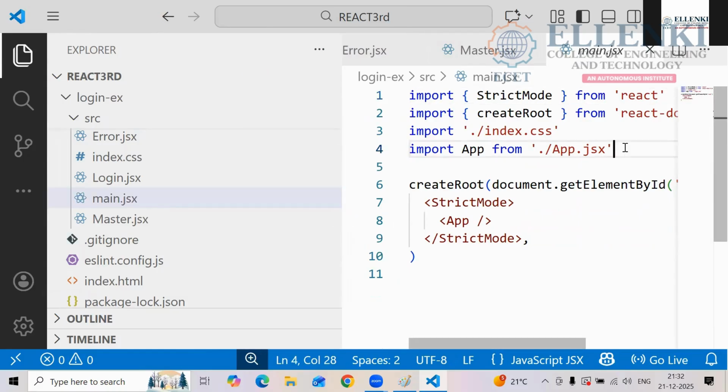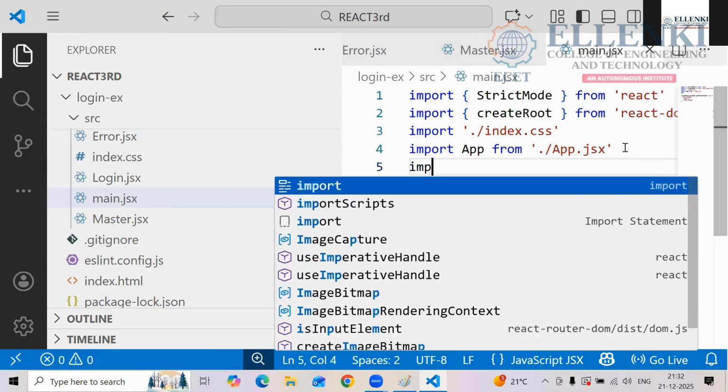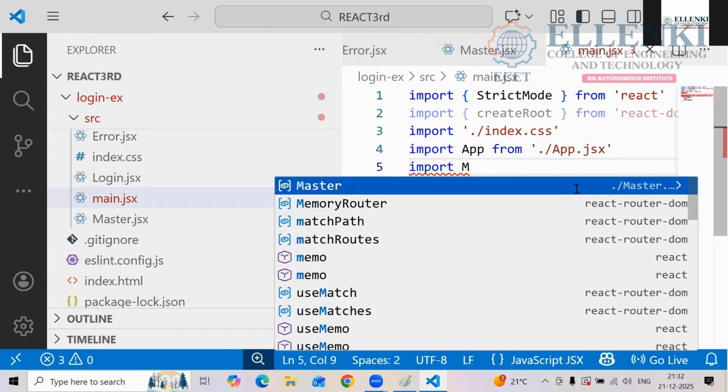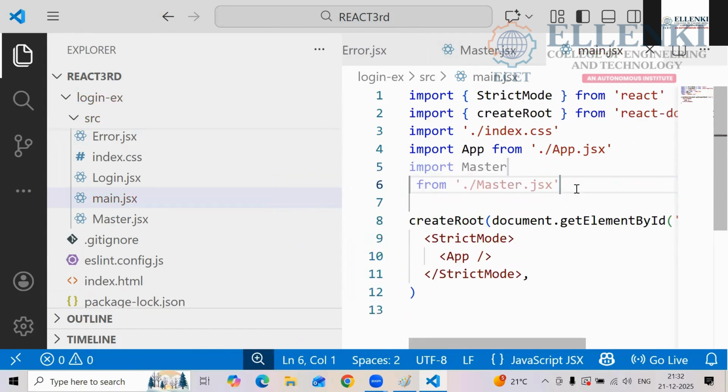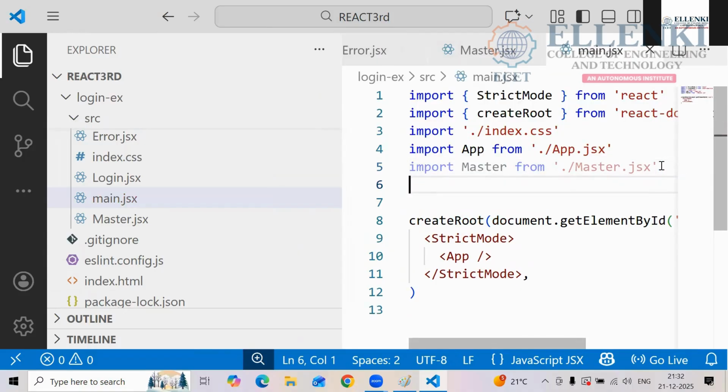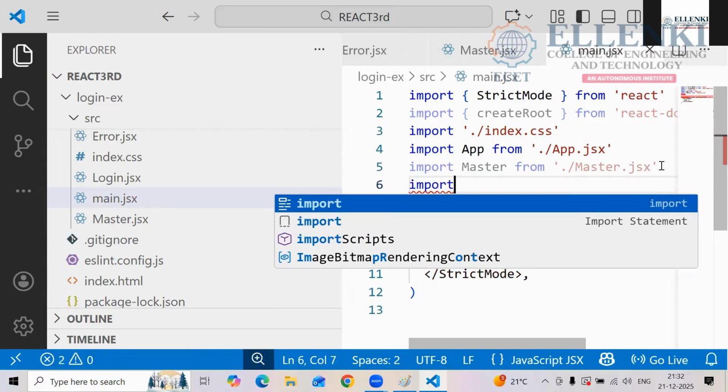Main.jsx. So which one do you have to import here, boys? Import master from master. And later, which one do you have to import? Browser router, right? So why are we importing this browser router?